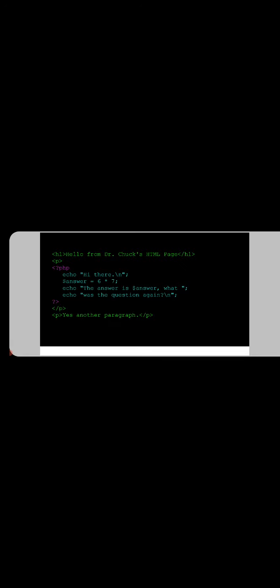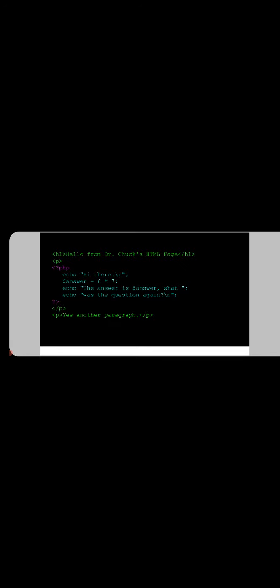So this is the way PHP code or programs are generally inserted or embedded in an HTML program. To embed PHP code in HTML, we use less than question mark PHP syntax.